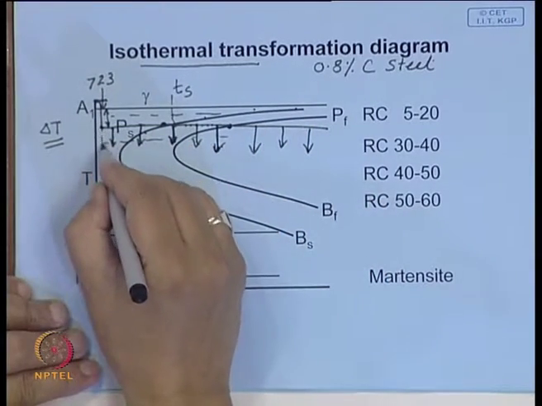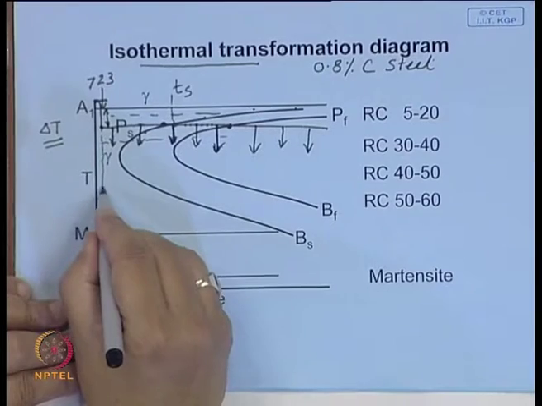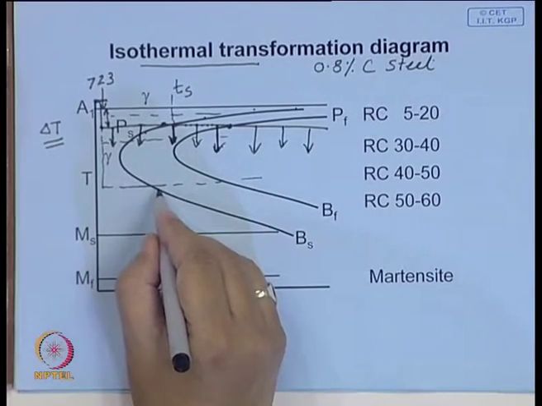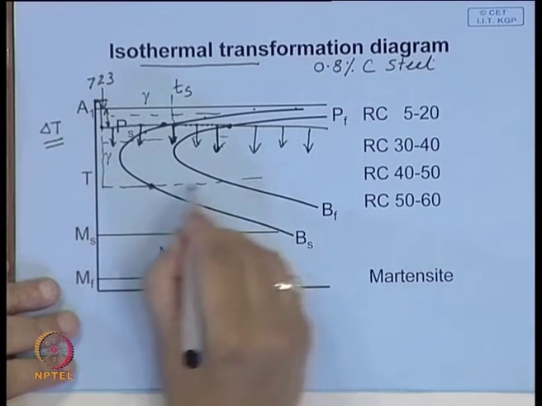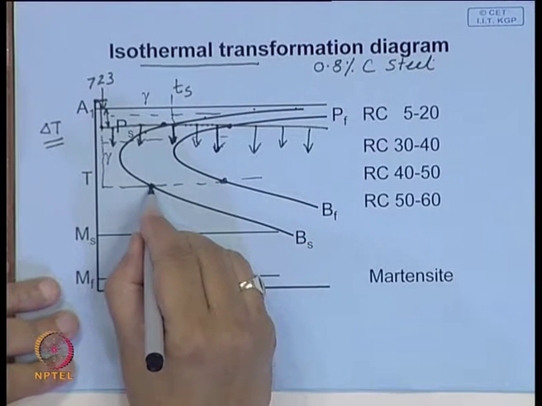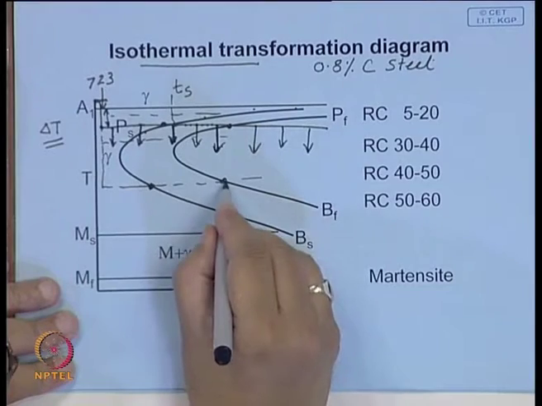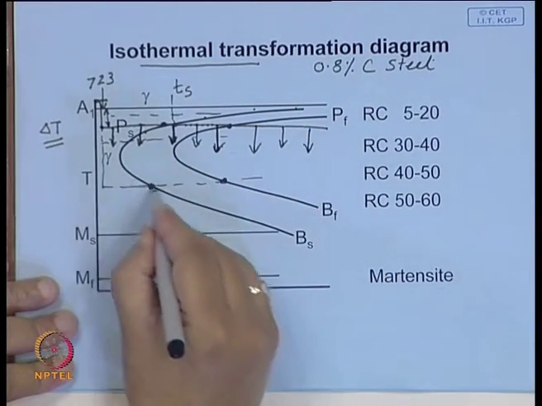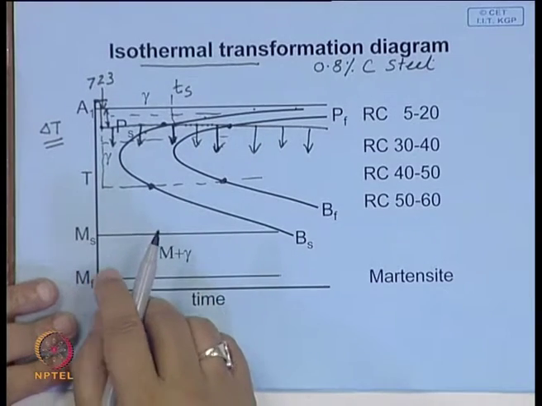Similarly, if you quench it further low, you get a different kind. Here you start getting a different type of texture, but nevertheless here also it starts after a particular time and ends at a particular time. So, this is a C type of curve,